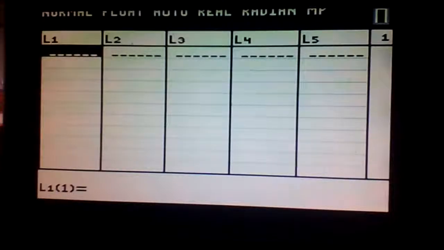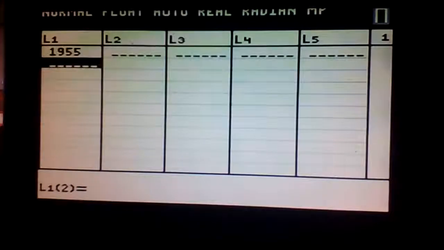We supposed to glue this in? Not yet. You just go to stat. So right now we're at stat, edit. Daniel said you did this last year, so this should be a quick refresher then. List 1 is going to be all the years from this table. So, list 1, you're entering in